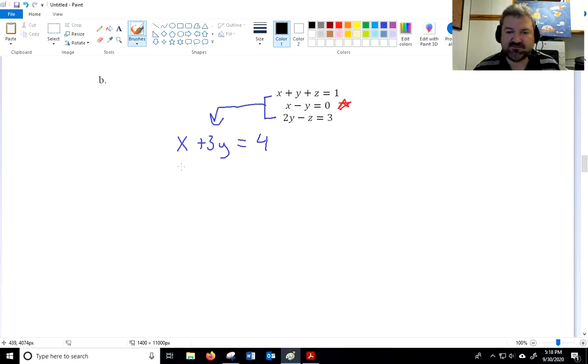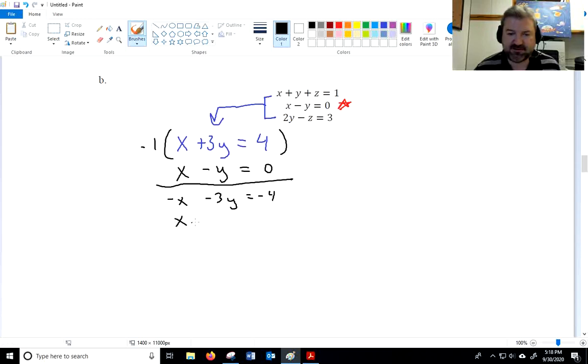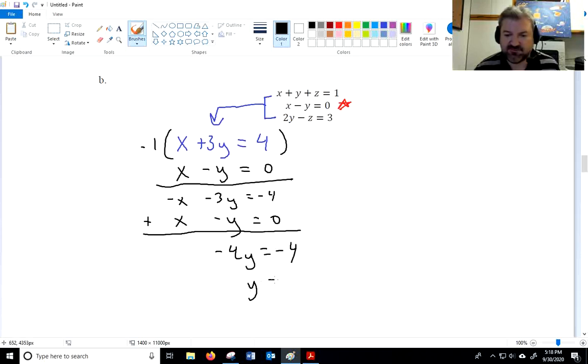So I'll use x minus y equals 0. I'll multiply the top equation by a negative 1, making this negative x minus 3y equals negative 4. And I left the bottom equation the same. When I add the two equations together, I'll get negative 4y is equal to negative 4, so y equals 1. Now that I know y equals 1, the middle equation, I can solve and get x equals 1